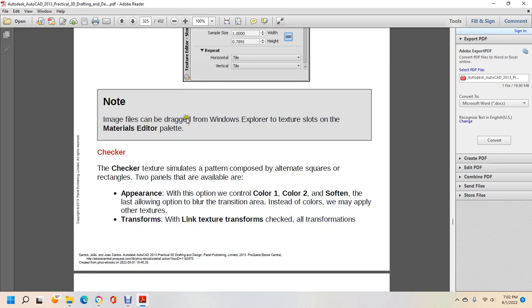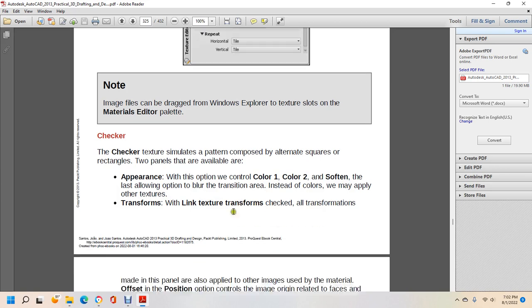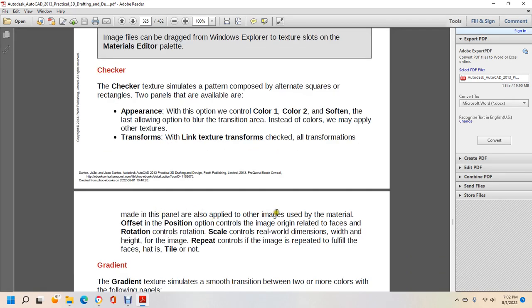Alright, the texture tester simulates a pattern composed of alternating squares and rectangles, and two panels are available. There are options for color 1 and color 2, softening, and the option of a blur transition instead of the colors we apply with the other texture. Transfer line texture: transformations made with this panel apply with the other image view of the